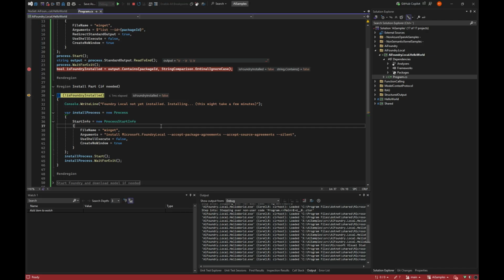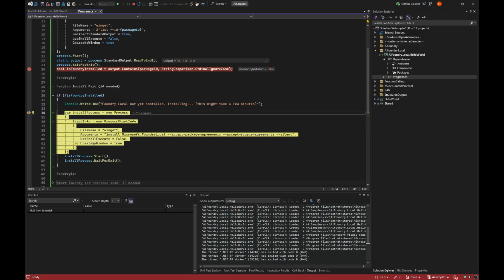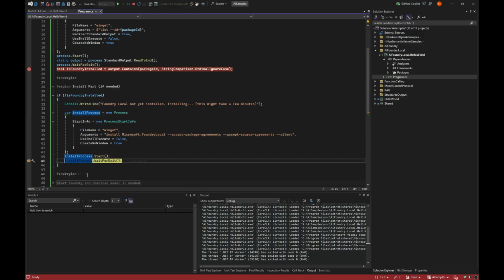We saw it before. And then we are just running winget install, and we are putting in some extra things, so if there is ever an agreement or something you need to say yes to, you would be able to do that. But let's just kick this off, because again, it will take a little time.